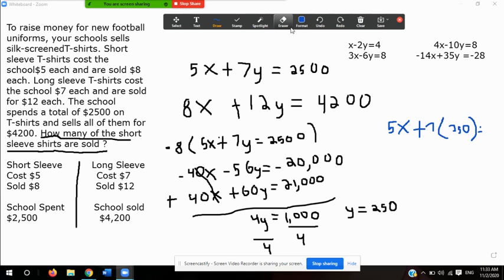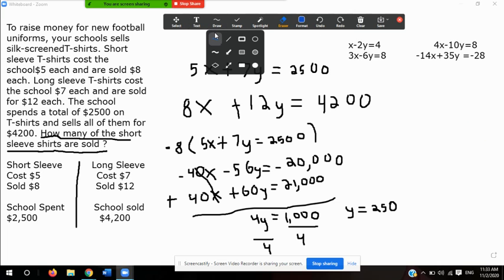Actually, let me erase that. I think I can write it closer and I think I can do it here. Okay, so let's try that again. So I'm going to say 5x, but instead of saying 7y, I'm going to change the value of y to 250, because that is what I obtained for the value of y, plus 7 times 250